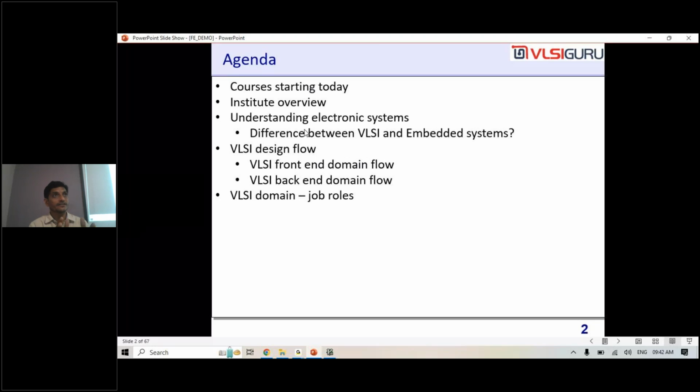So here it's not as simple as that. You don't have two roles, there are many roles. If you go to any company, there could be 15 different job roles. Someone could be a design engineer, someone could be a verification engineer, synthesis engineer, physical design engineer. So we'll try to briefly understand what is the difference between these job roles. The purpose is to ensure that you have the complete details before you